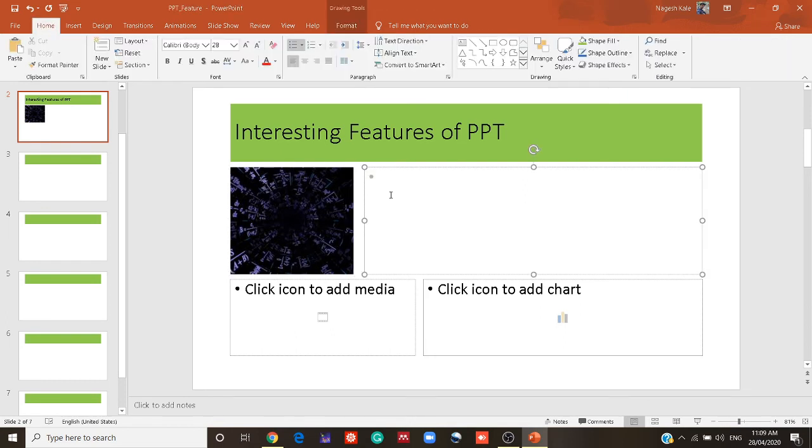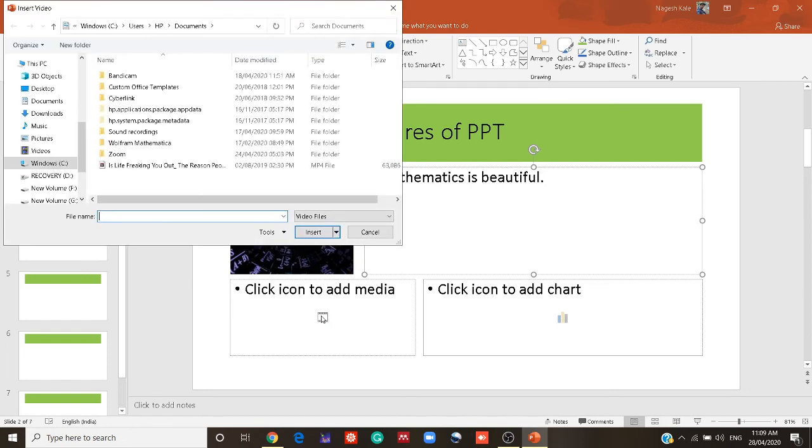Then I have to add some text here. Just for example, demo purpose, I will just write mathematics is beautiful. You can write here media. So I will click on this.